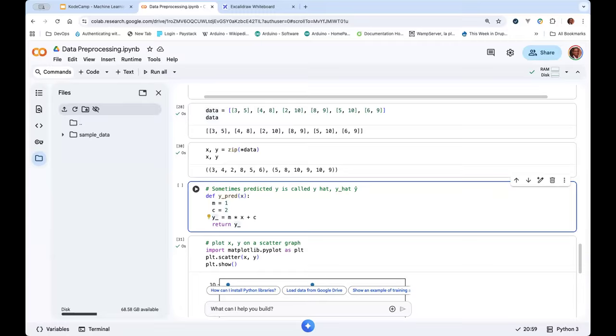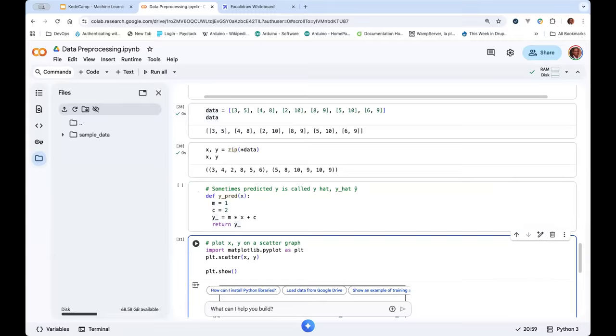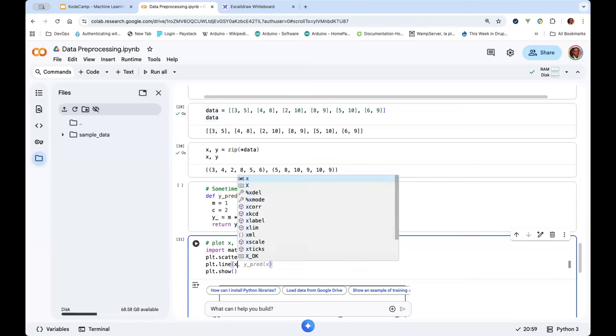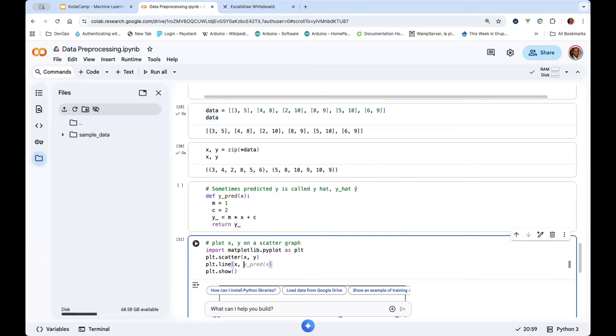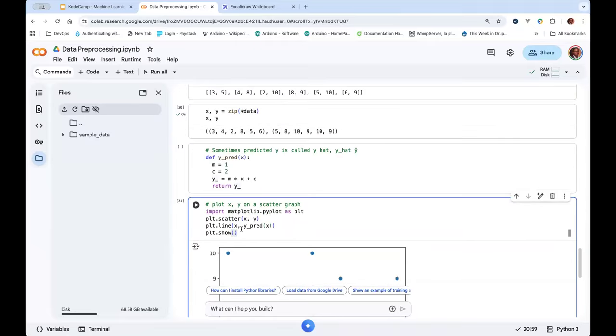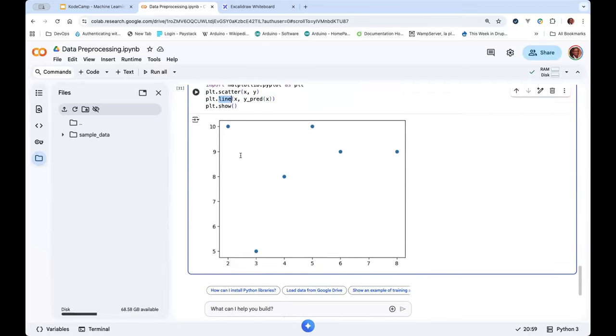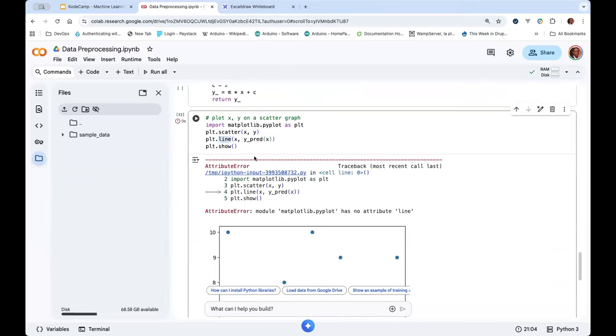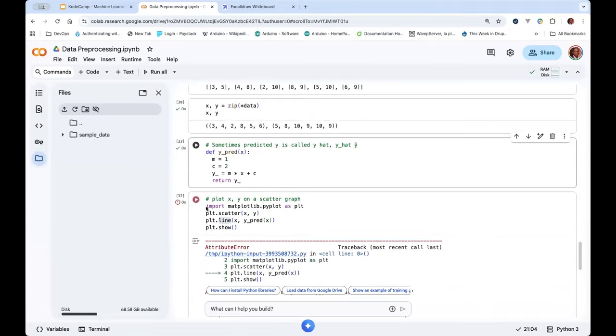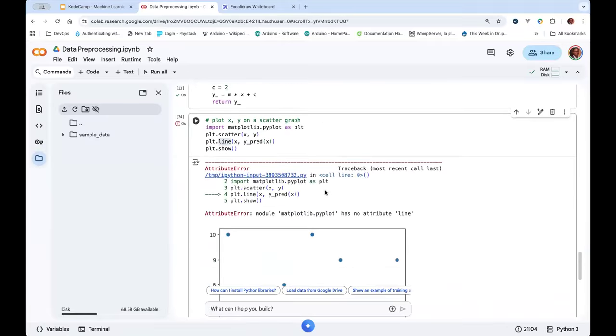So with this now, I can predict. If I now go to plot scatter, I can also do a plot dot line. And instead of using Y, I plot X, which is still the value I want to plot for each. But I now plot what I am predicting. I'm plotting a line, because when you are predicting, that's the whole essence of generalization. The whole essence of generalization is that I should be